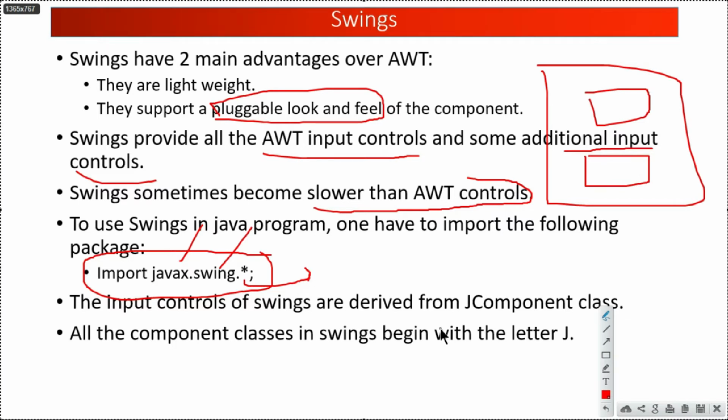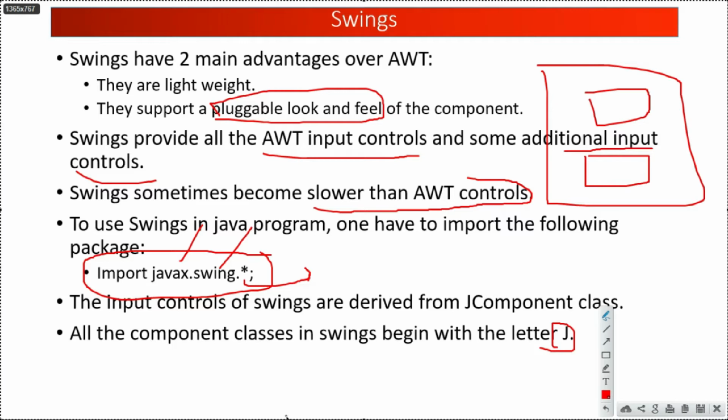All the input controls like text field, password field, buttons, label, list box, combo box are derived from a main class named JComponent, and all the component classes in swings begin with the letter J. So in AWT the class name is Frame, but in swings it is JFrame.